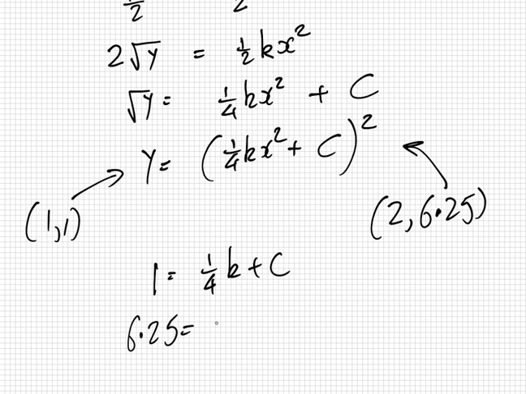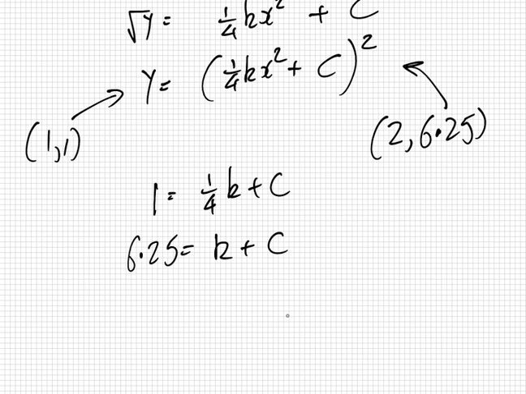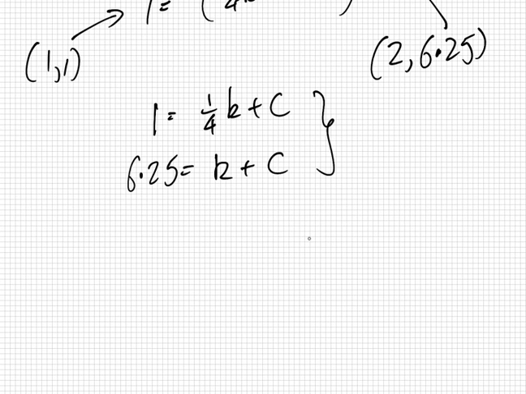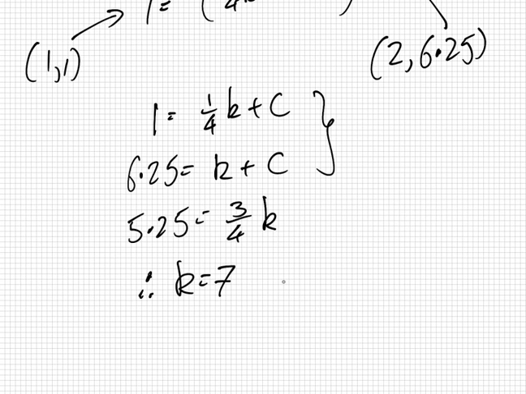6.25 is equal to k plus c, because the 2 squared is 4 and they cancel. Well, it's no difficult job solving these. I just subtract and I'll get 5.25 equals 3/4 k. So that would be 21 over 3. So I get k equals 7. And then that would mean if k is 7, then I'll have 1 minus 7/4 minus 3/4 for the c,